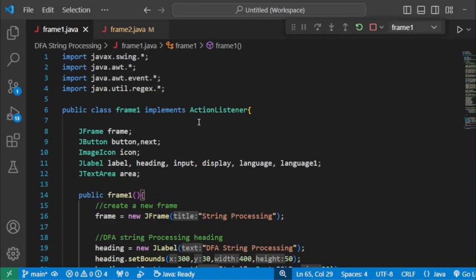So first we have to import all the necessary packages that are required. The first one is the javax.swing package, which is used for implementing the Java Swing components such as JFrame, JButton, JLabel, etc. The next one is the AWT and AWT.event packages, which are used for implementing the AWT components and also the action listeners. The last one is the regex package, which is used for implementing regular expressions